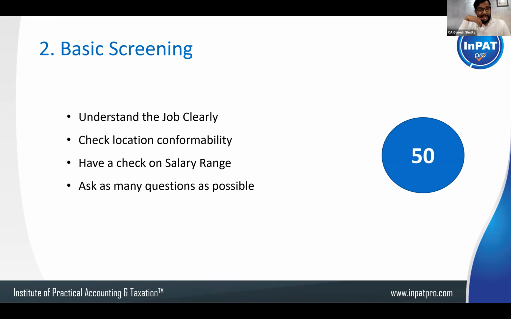Have a check on salary range. So is the salary range suitable for you? You are expecting 20,000. That employer has clearly written in the JD, the job description, that she will be only paying you 10,000. Will you go to apply for that? Don't even apply. And when you are having the basic screening, you should clearly ask them,